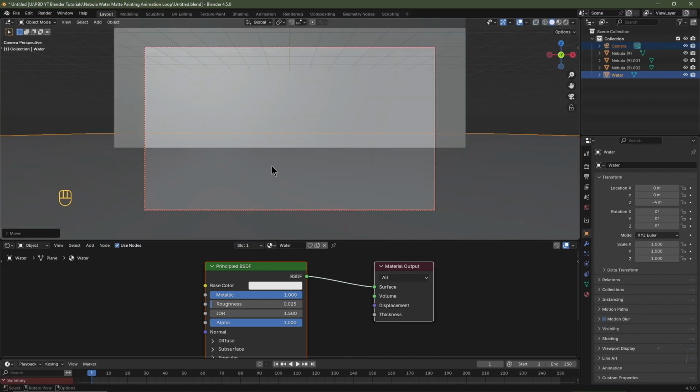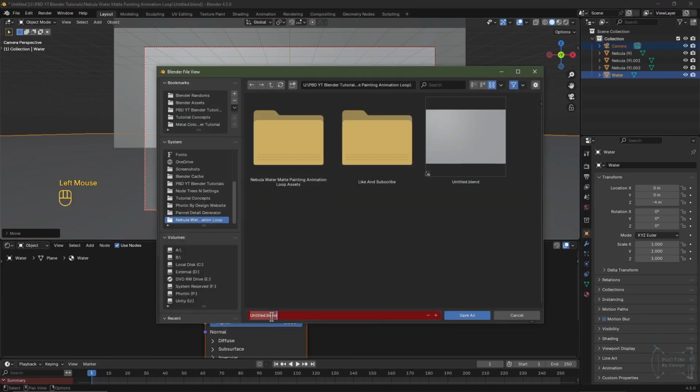Before you move on, it's a good idea to save your project. So I'm going to go to File, Save As, and I'm going to save my project as